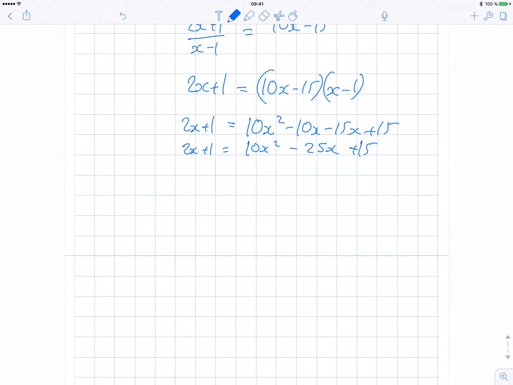I'm going to make it equal 0, so I'm going to take away 2x from both sides, which gives me 8x squared. Sorry, that is my mistake. Let me go back. That was a mistake. 10x squared, because x squared is different to x's, minus, take away 2x is 23x, and I'm going to take away 1 as well, so plus 14, and let that equal 0. Use the calculator